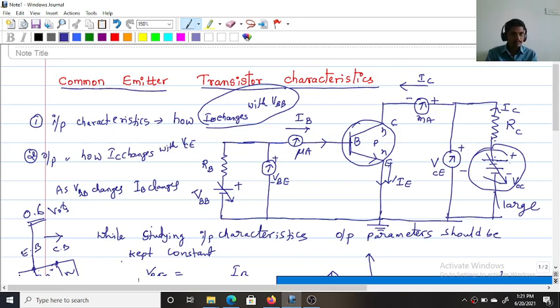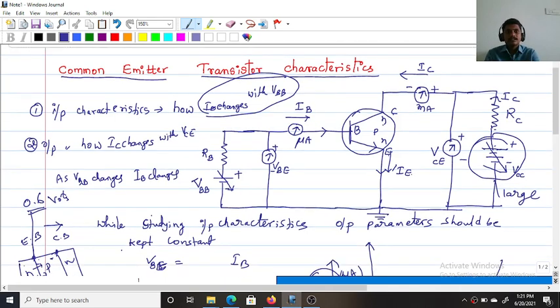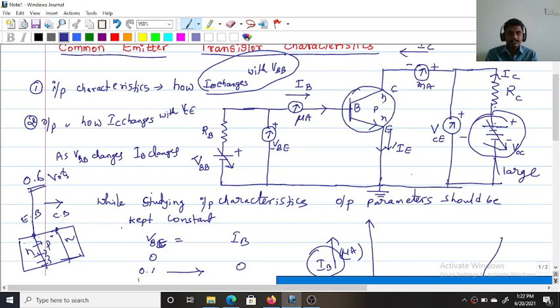This voltage can also be varied. If you vary VCC, the voltage across collector and emitter, the collector current also changes. What is the function of the collector? The collector collects the majority carriers from the base. The function of the emitter region is to inject the majority carriers into the base. Some of the electrons recombine with the minority carriers in the base region. The remaining majority carriers enter the collector region.